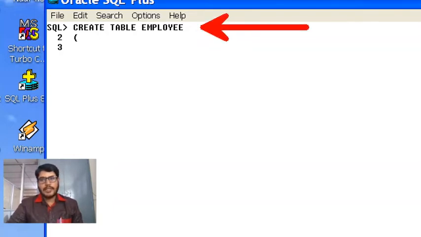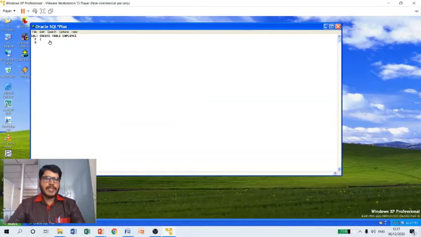This statement has begun with a SQL prompt, and when I press enter here, it says line number 2, and again when I press enter here, it is continuing the statement. So we are not terminating the statement, we are continuing the statement here. After this I need to specify the column definition now.